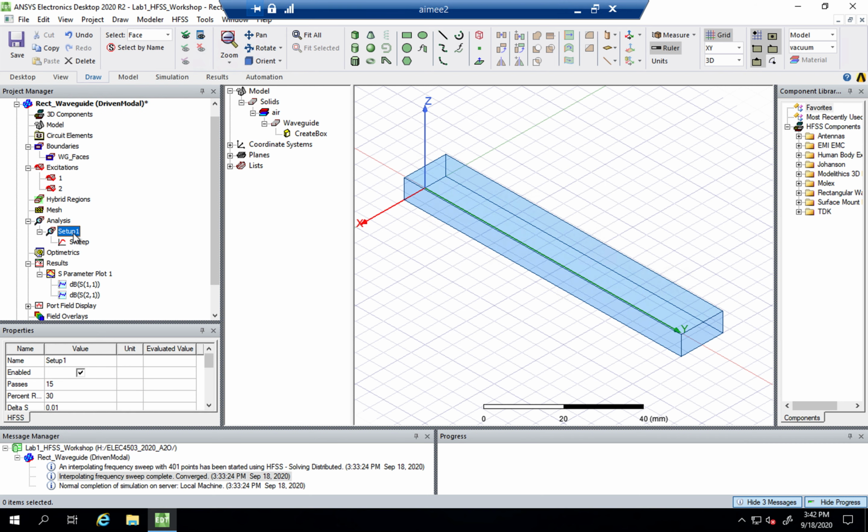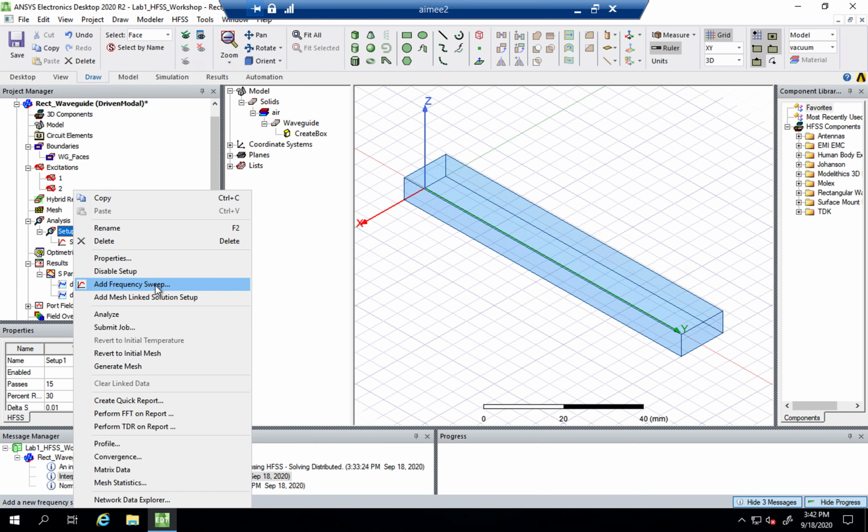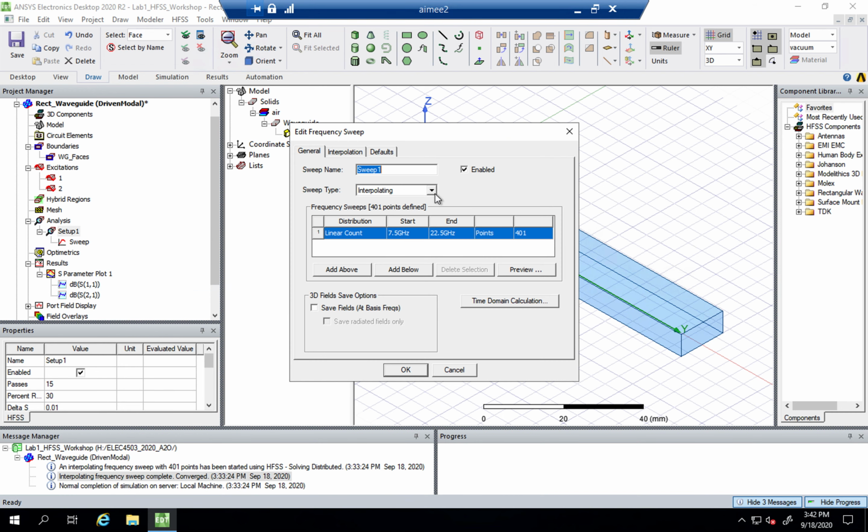So if you go under Setup and right click, you can add a frequency sweep, and for that one we want a discrete sweep, and let's say a single point, and I think we picked 12, so 12 gigahertz, and you want to save the fields if you want to see them. You can select save fields here, or you can just do it here. Either way is going to save the fields. Alright, so we're just adding another sweep, and it's a discrete sweep for 12 gigahertz. And if you add a frequency sweep after you've already solved your design, you have to run the simulation again. Makes sense, because it hasn't solved it yet. So if you click OK,